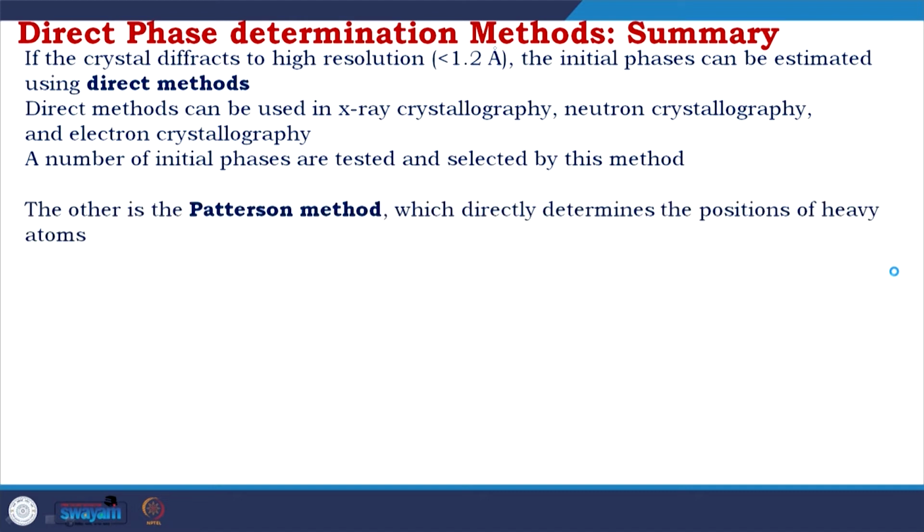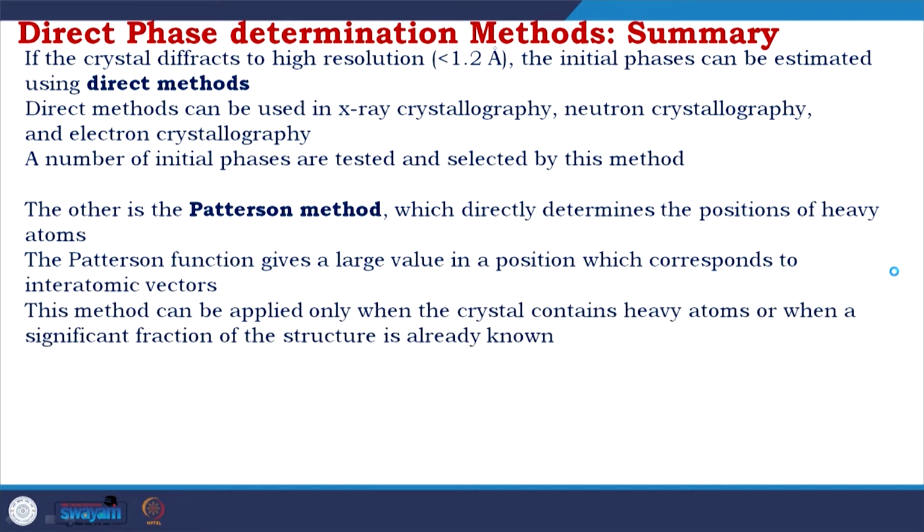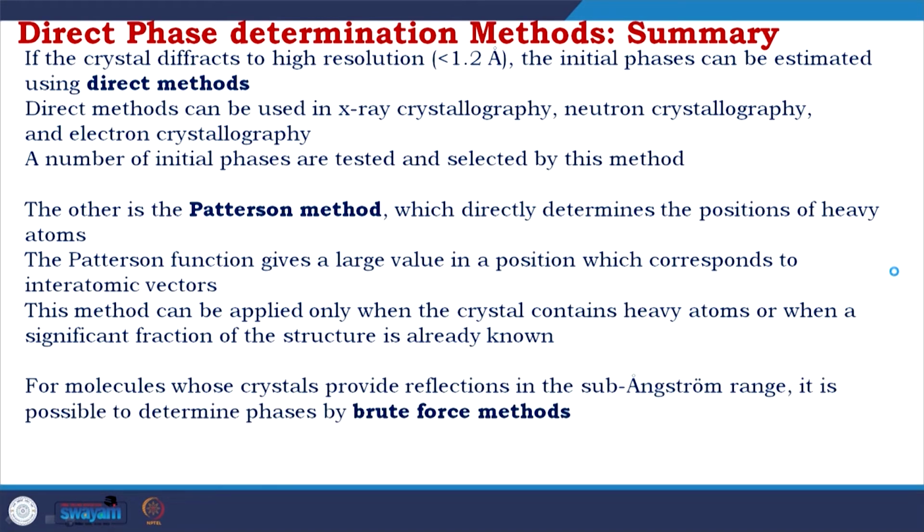The other one is the Patterson method, which directly determines the position of heavy atoms. The Patterson function gives a large value in a position which corresponds to interatomic vectors. This method can be applied only when the crystal contains heavy atoms or when a significant fraction of the structure is already known. For molecules whose crystals provide reflection in the sub-angstrom range, it is possible to determine phases by